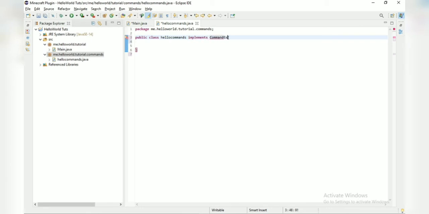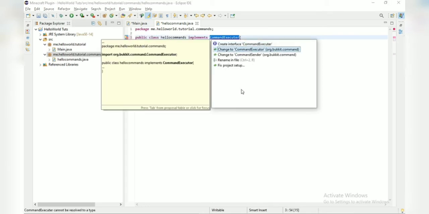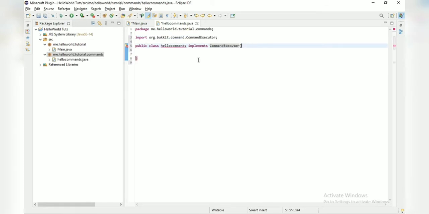CommandExecutor. As I've already said, Control Shift O is the shortcut for importing. And then after that, what we are going to do is first we have to do this: private Main plugin, and then public